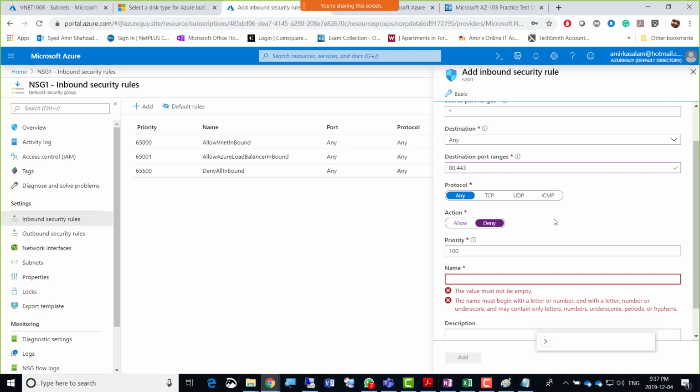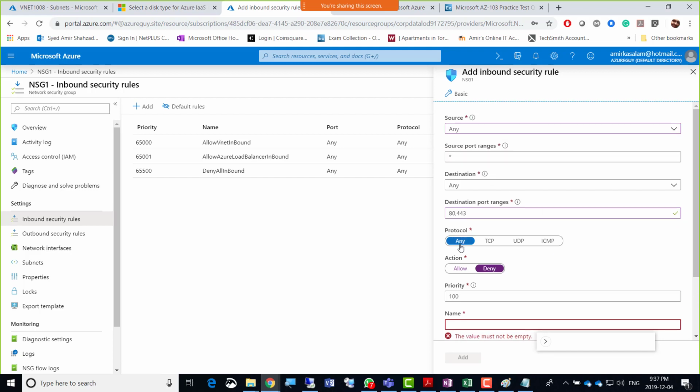So if you deny any source, that would simply deny internet, yes, but any also denies other subnet traffic as well, right? But they are not concerned about that subnet traffic, so they might just say, okay, that also works, but this would be something that you can take into account, that you just want to block 443 and 80 traffic, right? 80 and 443.